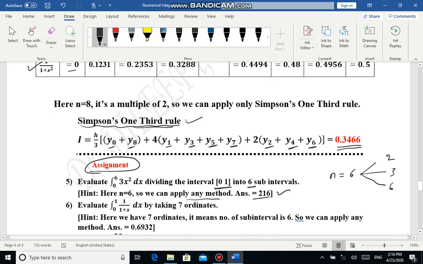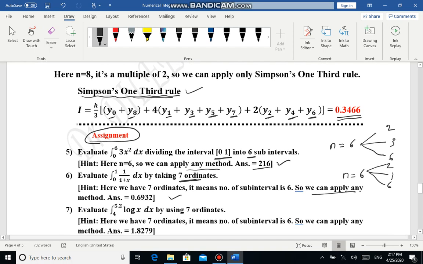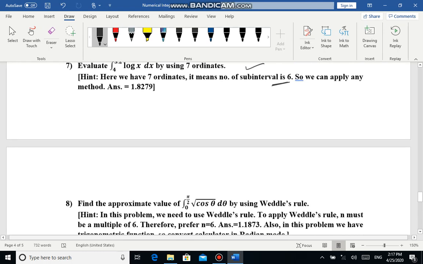Similarly, the next problem. Evaluate 0 to 1 1 by 1 plus x dx by taking 7 ordinates. Once again, 7 ordinates means n is equal to 6. So it's a multiple of 2, multiple of 3, multiple of 6. So you can apply any method. You will get the answer as 0.6932. And similar to problem number 5 and 6, problem number 7, because n is 6. But when it comes to problem number 8,